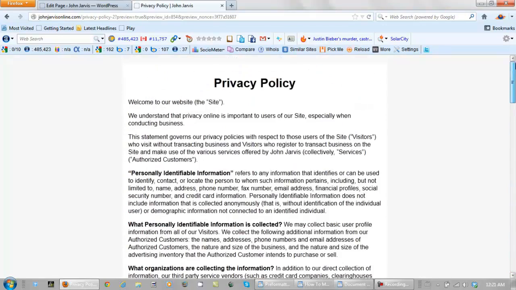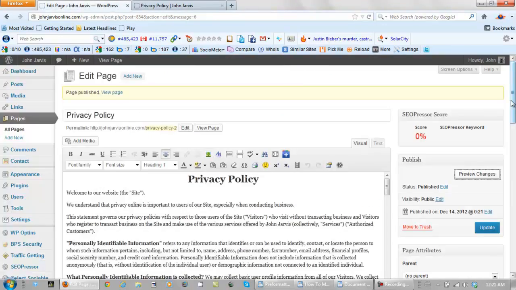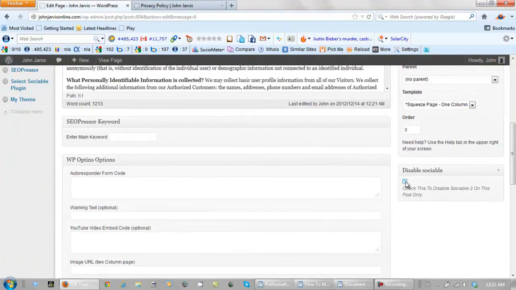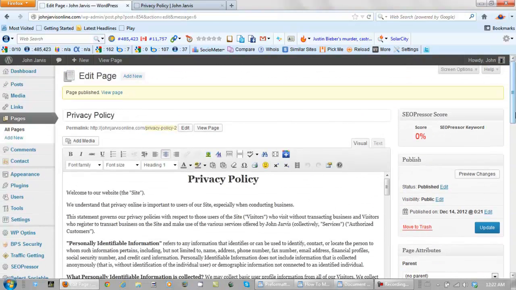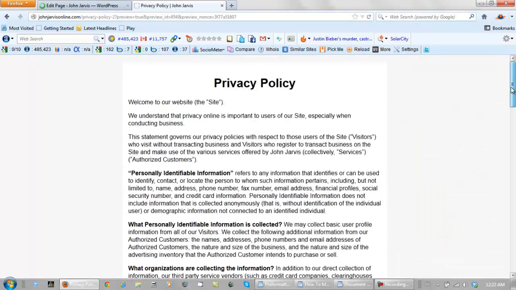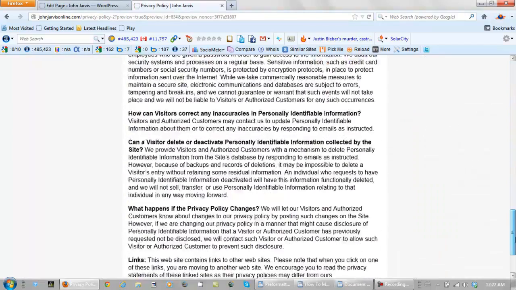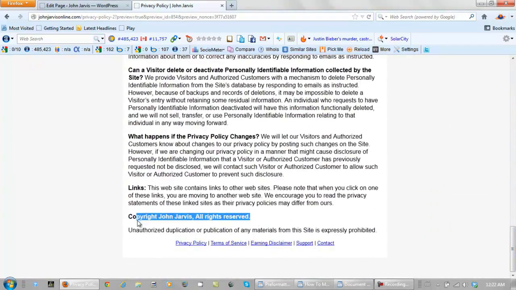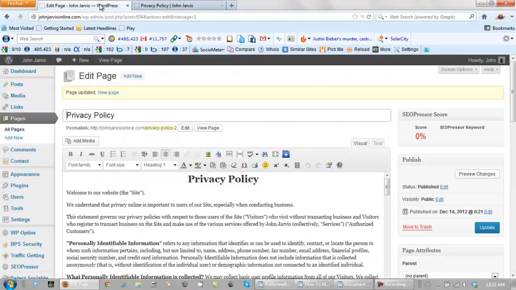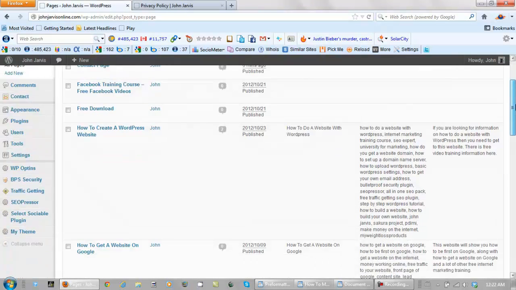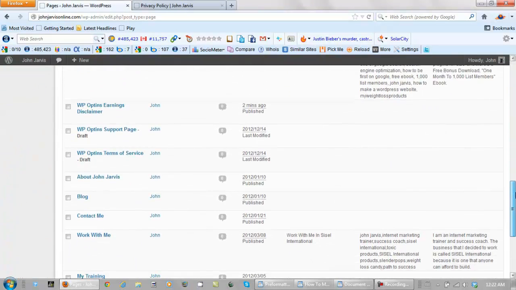Oh, I forgot to disable sociable. That is why I check. Update, preview, that's better. Let's go back to our edit page, all pages, scroll down, the support page,